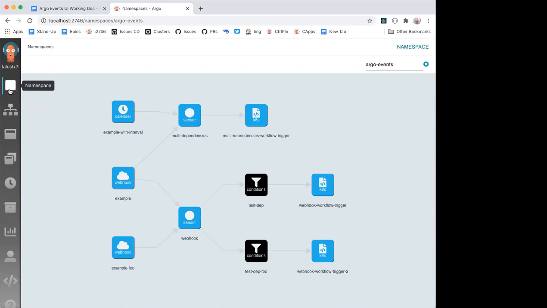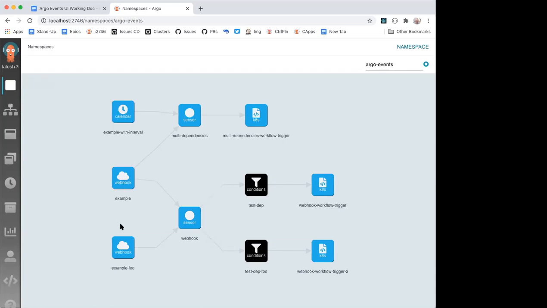The initial revision of this view was to show the resources in a namespace that relate to Argo Events and Argo Workflows, and it quickly became clear that that was the wrong way to show it. So what it currently does is the only resource it actually shows in the namespace is a sensor. And everything else I just regard as an Argo Events entity. The reason I consider them an entity is that they have a unique identifier. Obviously a sensor is a resource that has a unique identifier.